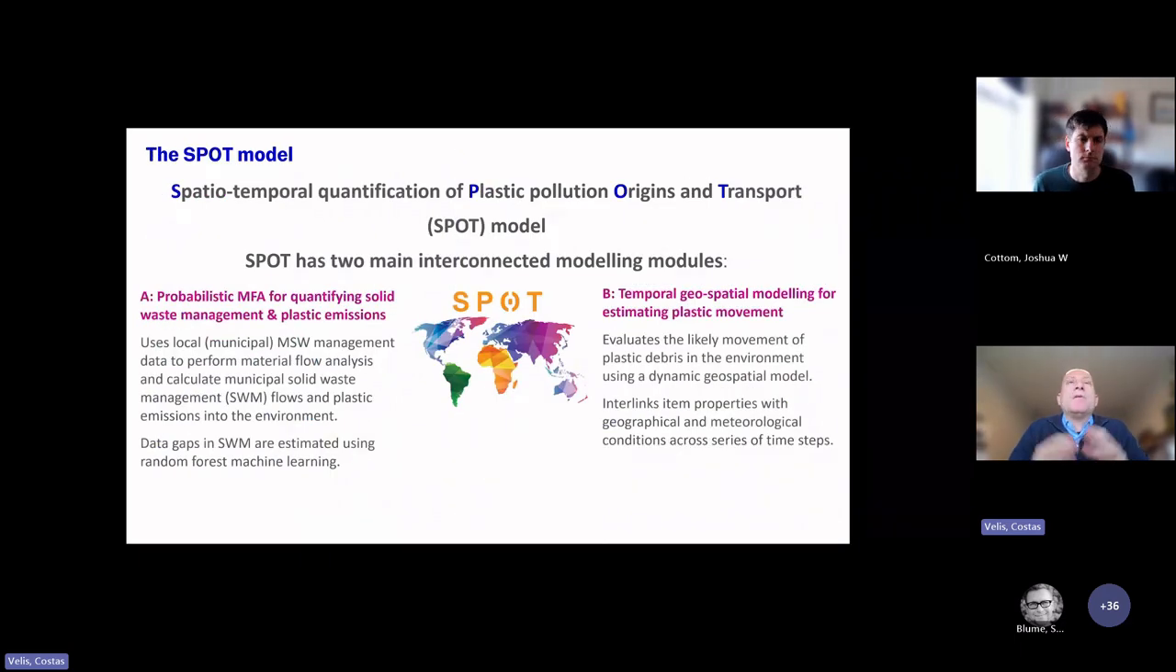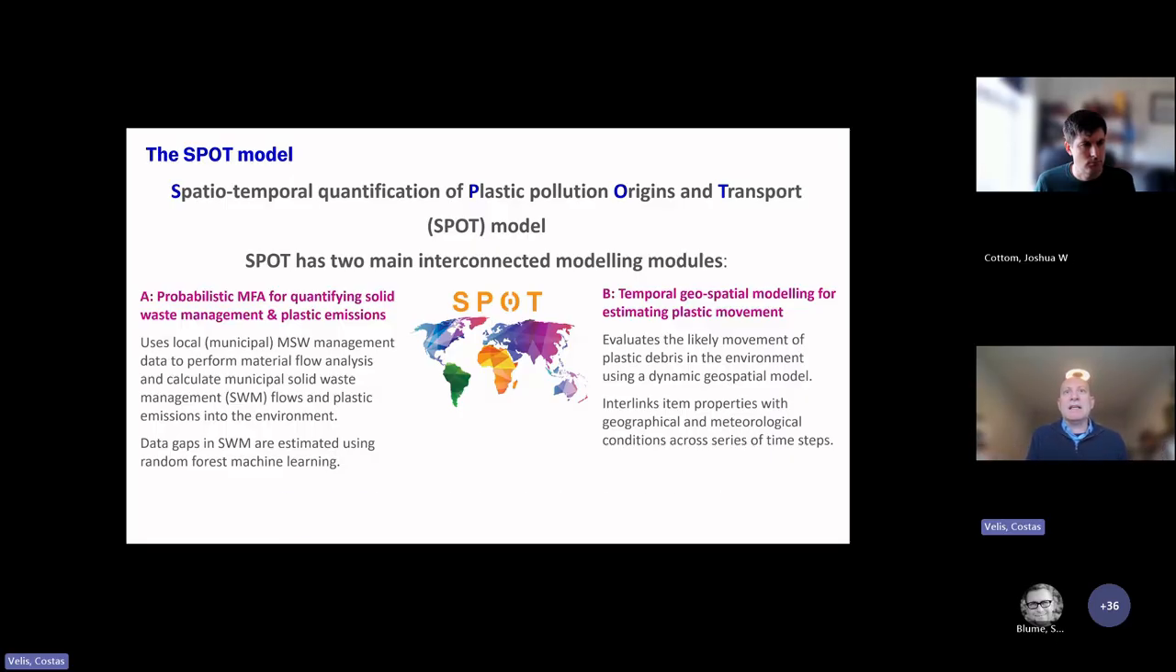So very quickly, moving on to framing what this SPOT is. SPOT is an abbreviation of the impossible to pronounce longer version, spatio-temporal quantification of plastic pollution origins and transport. It is a methodology, but also translated into a model that produces outputs. It has, if you like, two core interconnected parts. First is a material flow analysis that quantifies waste management and plastic emissions. And second is